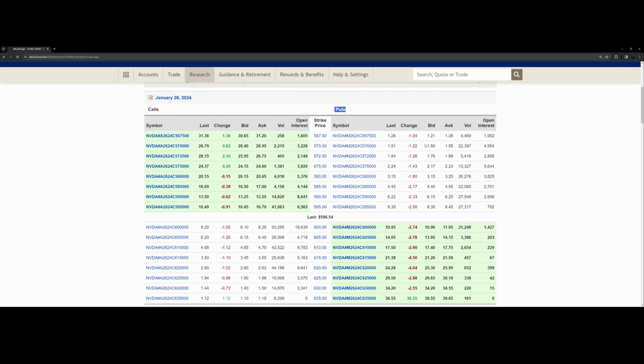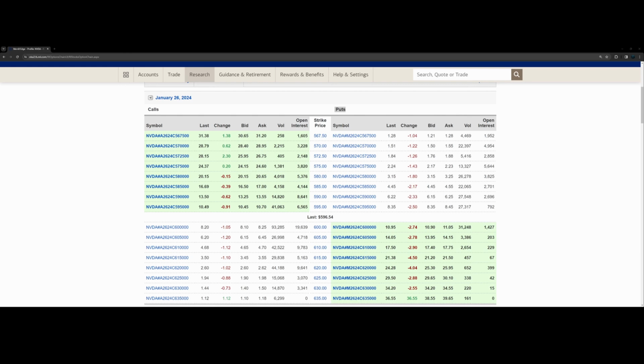Buyers of put contracts have the right to sell, while the sellers of put contracts have the obligation to buy. Now, this terminology may be confusing, but we'll get to these specifics of calls and puts in future chapters. How to sell calls, how to buy calls, how to sell puts, how to buy puts. Coming back to the topic,